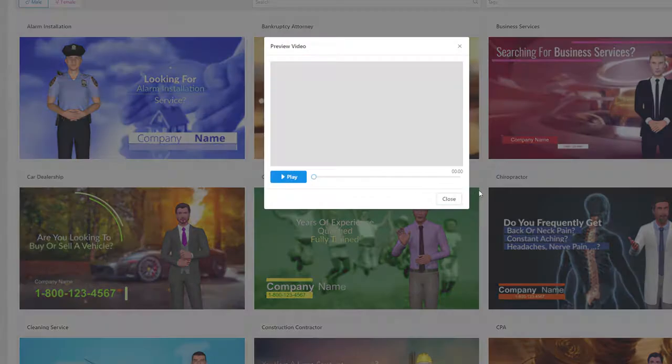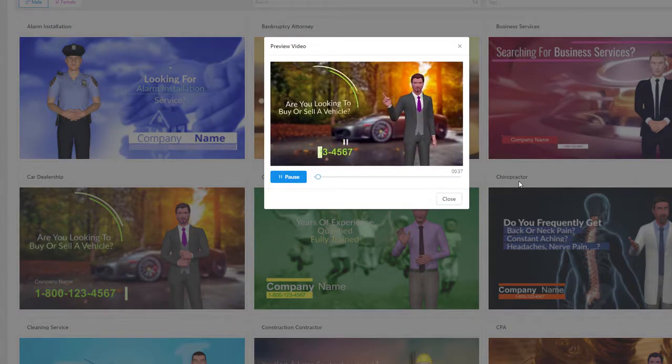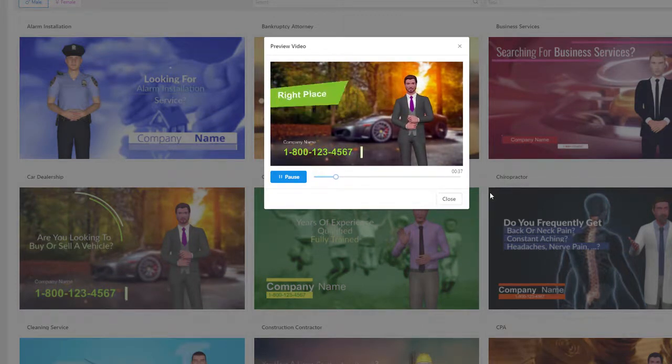Let's just click preview. Are you looking to buy or sell a vehicle anytime soon? If so, you've come to the right place. We're proud to be the top local auto dealership, and we can get you the best car for your specific